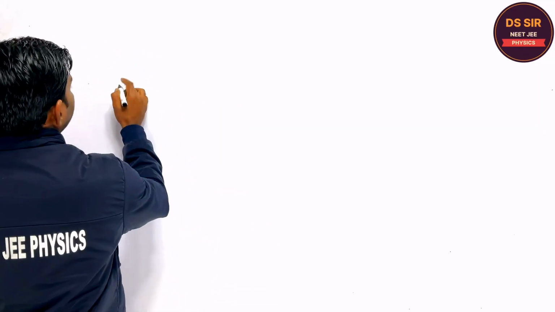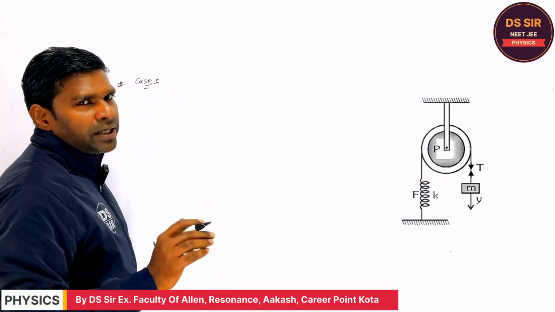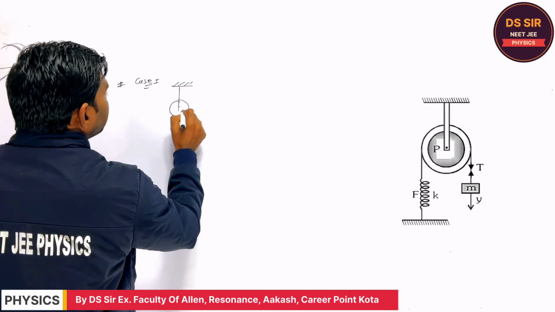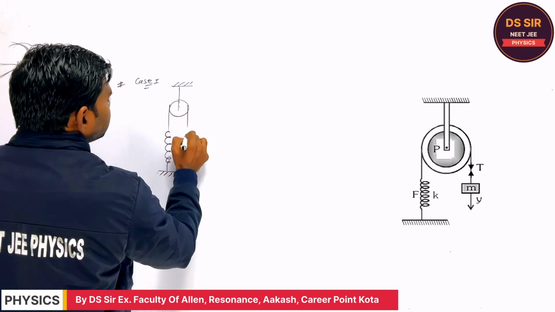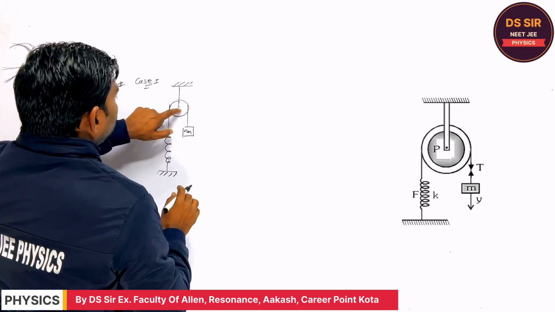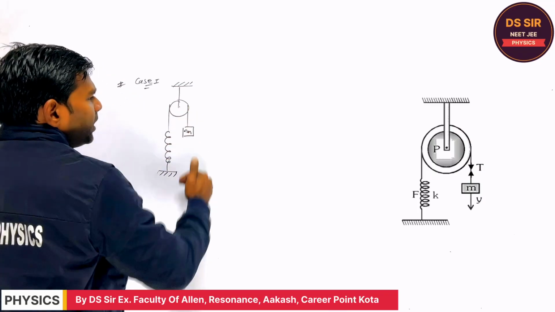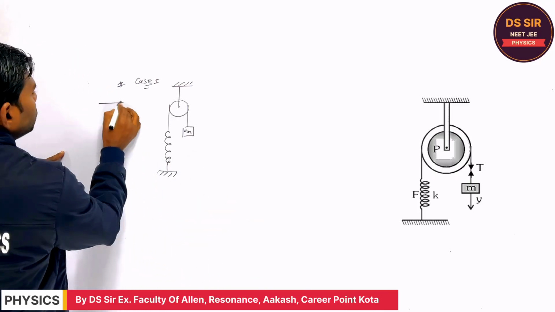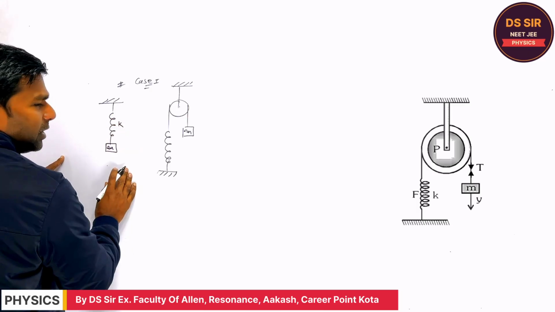The case 1 I am discussing, right? Although you can put the values and get the answer. Suppose this is the pulley, and there is a spring which is attached to the ground like this, and this is the mass m. Are you getting or not? Now if it is displaced a little bit and starts oscillating, you have to find the time period. Although you must remember, if this is the spring pendulum with constant K,